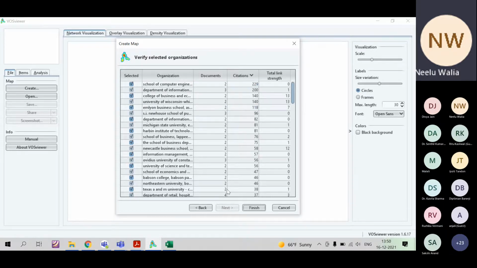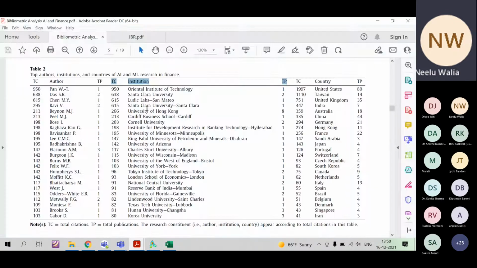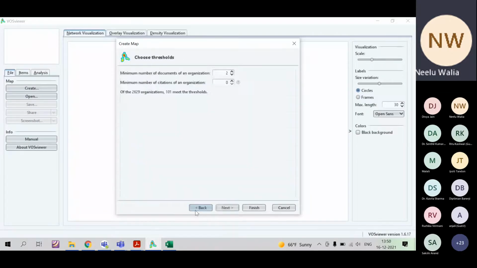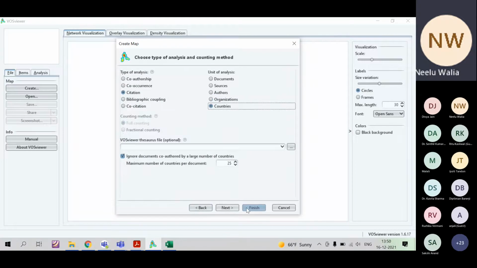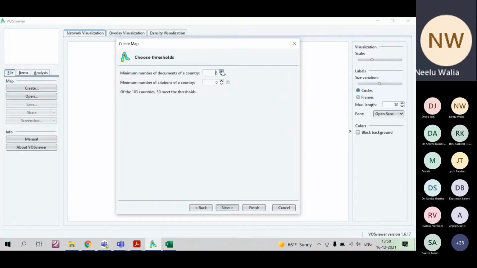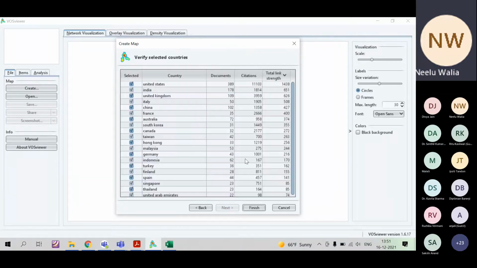So if you look at it, these 3 columns and the data are available with us. Now we want the remaining 3. So go to the VOSviewer, go back, and based on the country, next we have 53 records. If you want to bring it down, you can again increase the minimum number of documents of a country, and click on citation. Now on the top, US is there, UK is second, India is 6th, right?